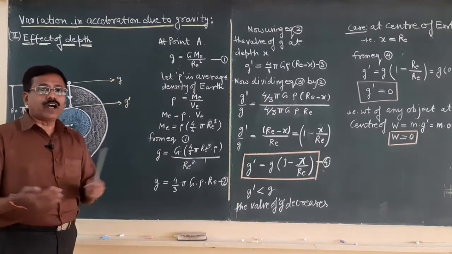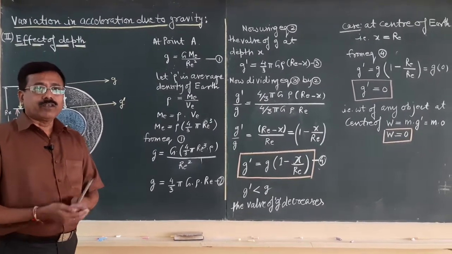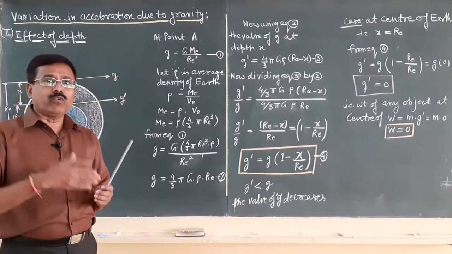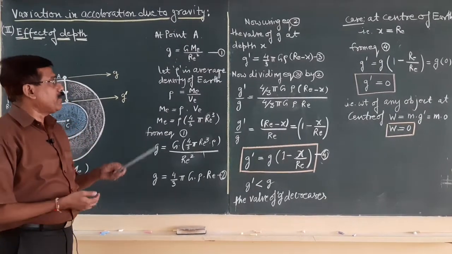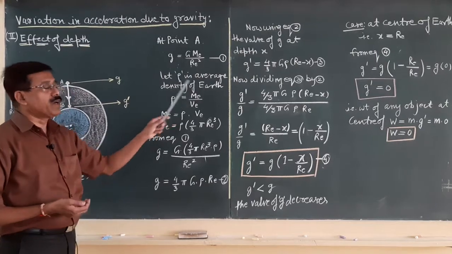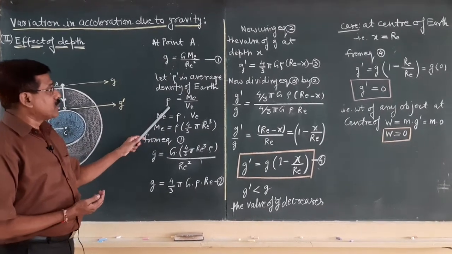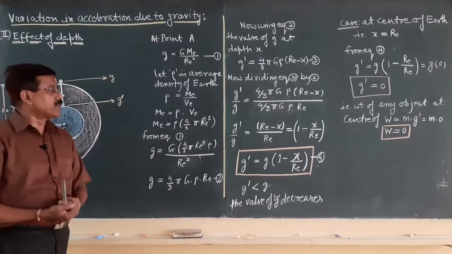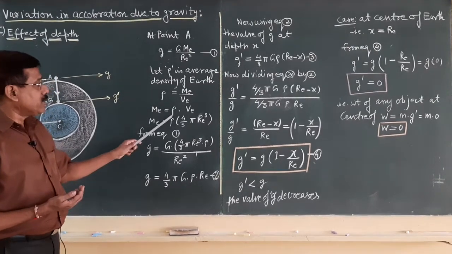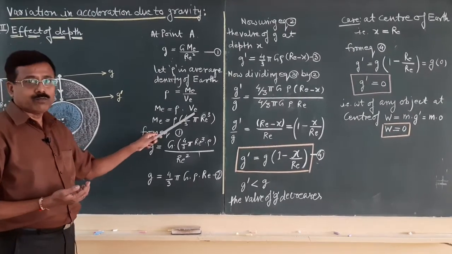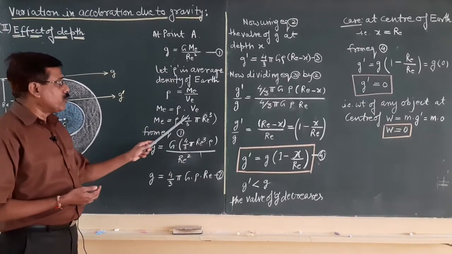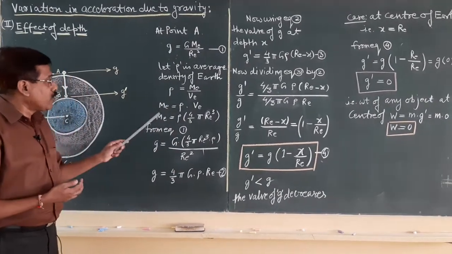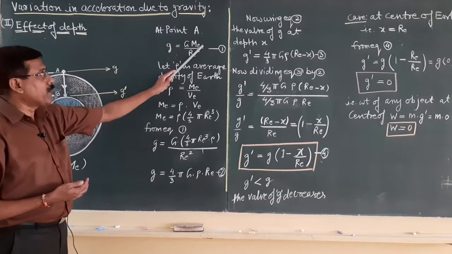As we know, the earth's density is not uniform from core to crust region; it is in decreasing order from core to crust. So, here we have taken rho as the average density of the earth. Density of the earth is given by Me by Ve, that is the mass of the earth and volume of the earth. So, mass of the earth can be given by the product of density and volume. What will be the volume of the earth? 4 by 3 pi Re cube, assuming the earth is a sphere. So, now we will put the value of Me in equation number 1.